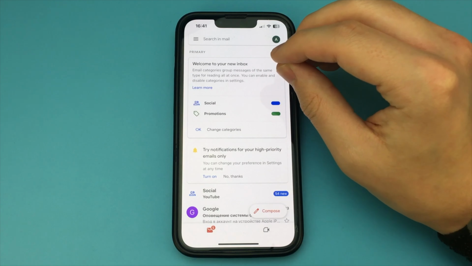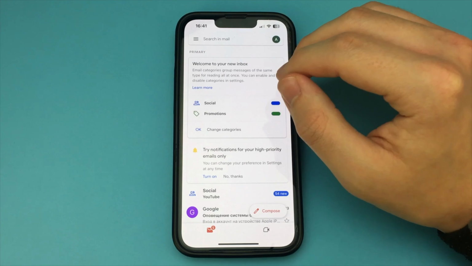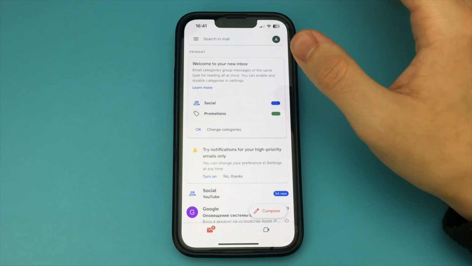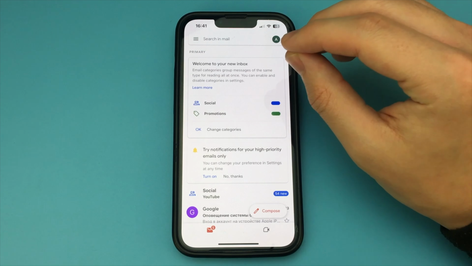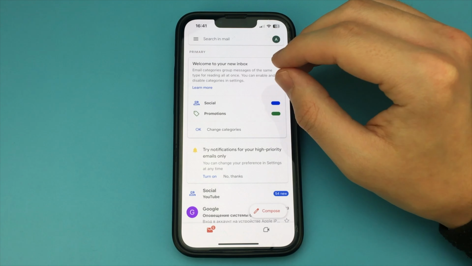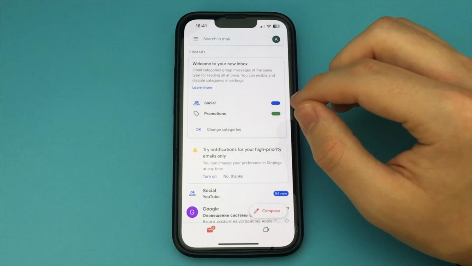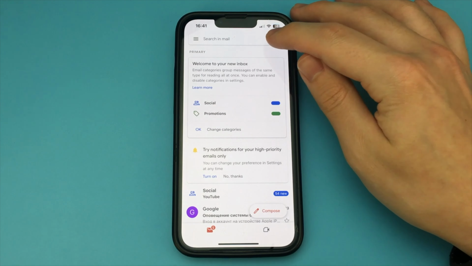Thank you. In this video, I want to show and tell you how you can add an account to your Gmail account on your iPhone or Android. So you have your Gmail, you can add other accounts here so you can switch to anyone and choose your email. In order to do this, you have to go to the Gmail app.